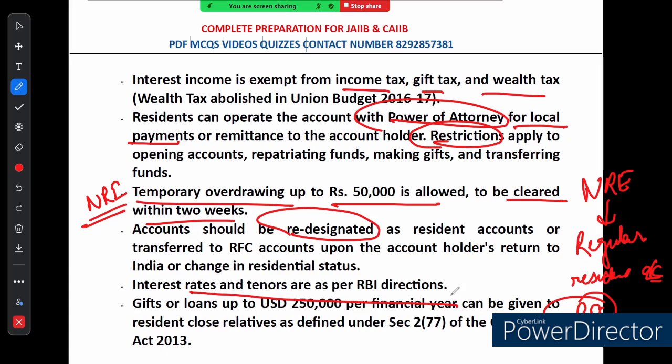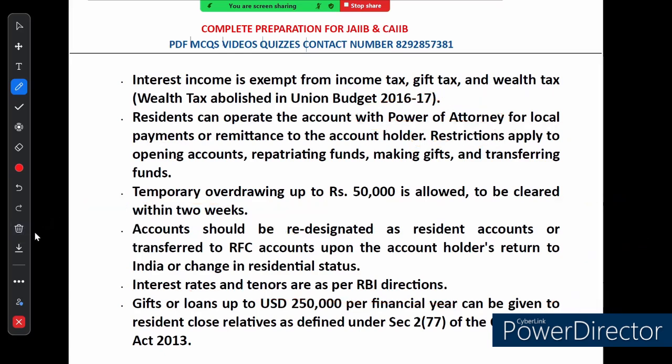Now let's talk about the gift or loan to a relative. You can give gifts or provide loans up to USD 2.5 lakh